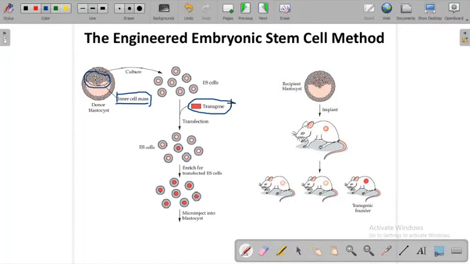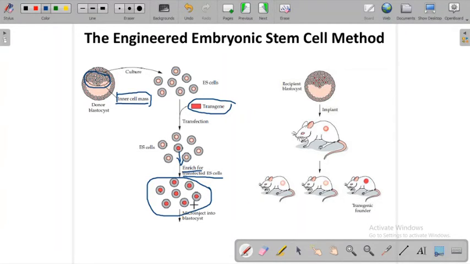We inoculate our transgene with the help of two different techniques: one is the retroviral technique and the other is microinjection. Once we inoculate our transgene, we select the particular cell which is showing the transgenic property with the help of several selection methodologies. We enrich that transfected cell, the embryonic stem cells, we culture them, and ultimately we inject these cultured cells